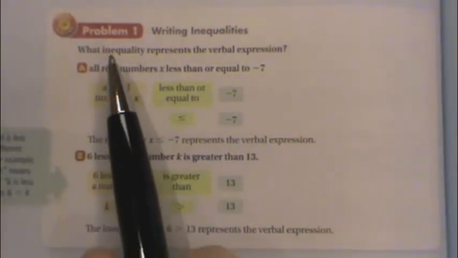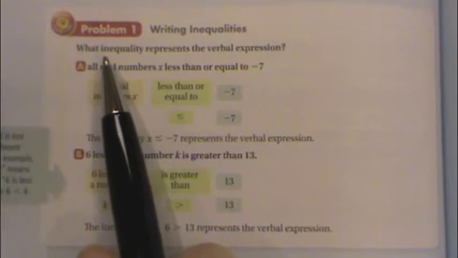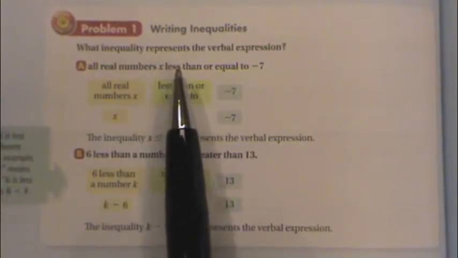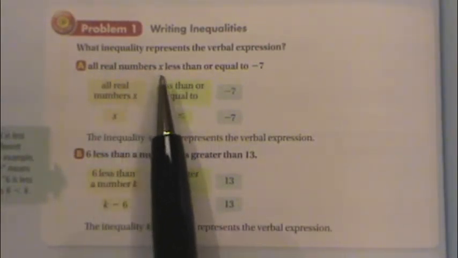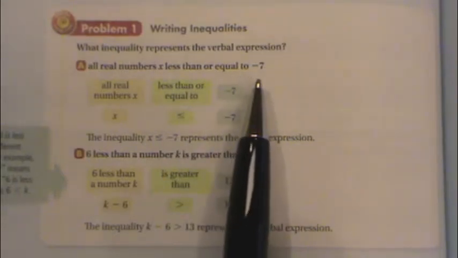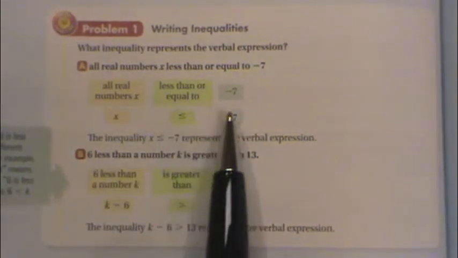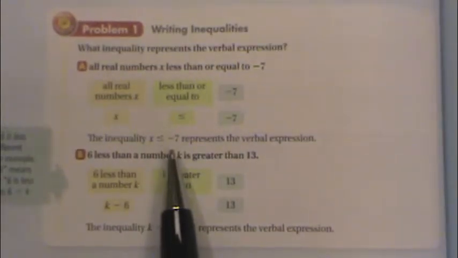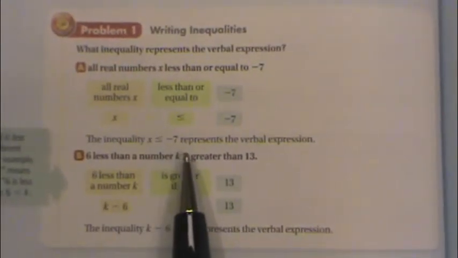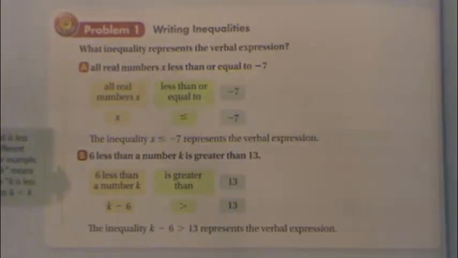If you are trying to translate this English, what inequality represents the verbal expression all numbers x less than or equal to -7, how would you do it? Well, x less than or equal to -7. There's your inequality. That's all they're looking for with problem 1. Letter B